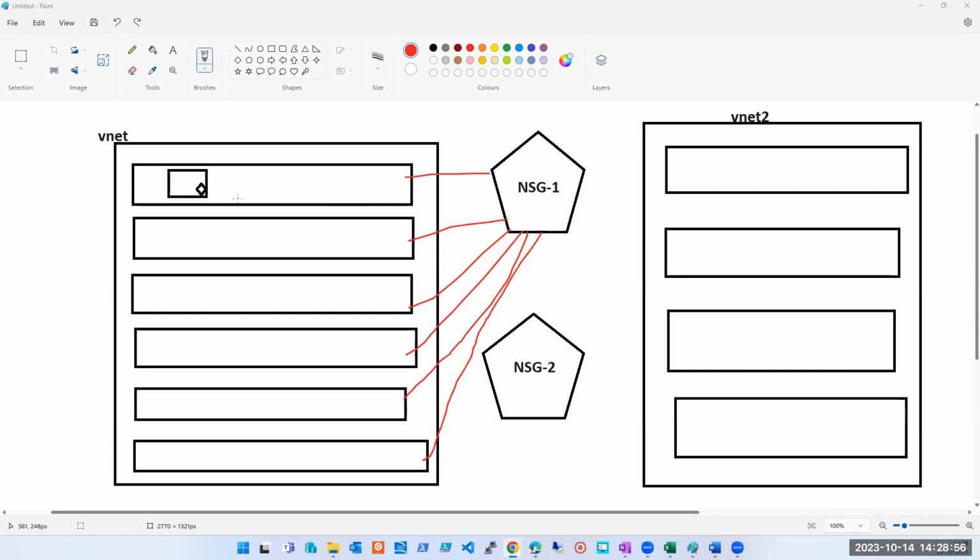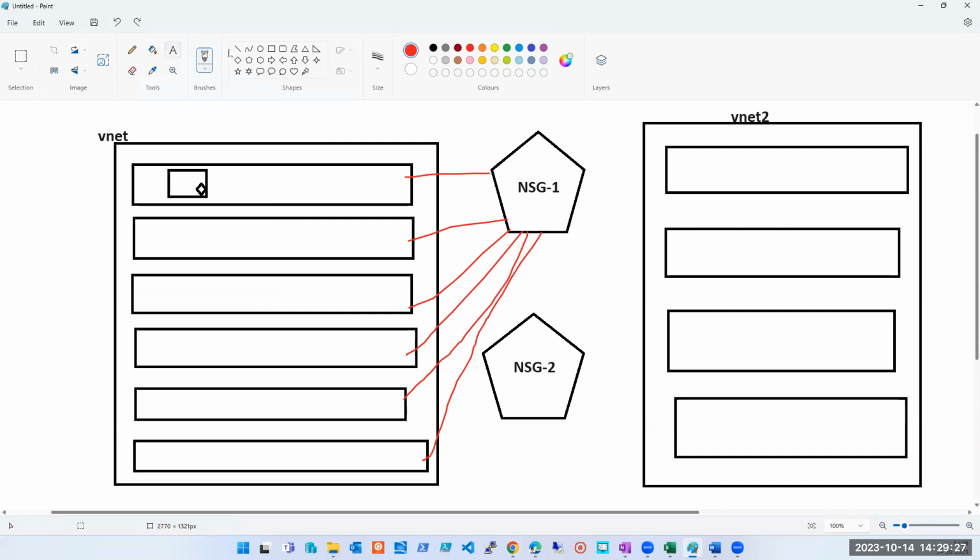Yes. Sohail, I want to ask, if you look at the very first subnet, can the first subnet and the first NIC have NSG1? Yes, they can, but it doesn't make any sense. Because if your subnet has NSG1, by default your machine is going through that subnet. By default your machine is a part of that NSG. But still, if you want to put it, you can do that. But it doesn't make any sense. You will never see that. This is what you're asking, right?